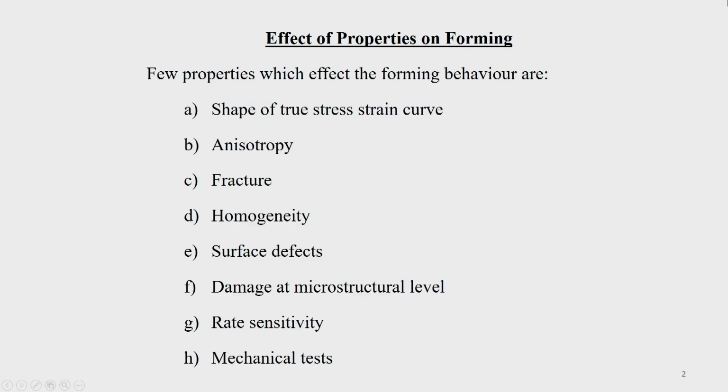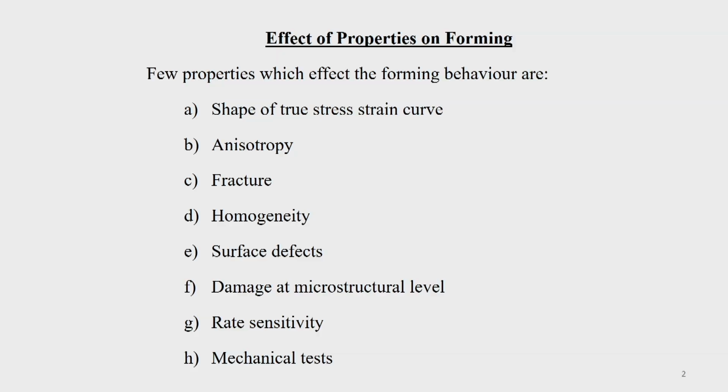Today we will be continuing with what we were discussing in the first lecture, and after that we will be going to the sheet deformation processes, the basic fundamentals of sheet deformation processes. So, the effect of properties on forming behavior of the metal, especially in sheet metal, is there. Let us look at what are these properties which affect the forming behavior of metals or metallic sheets.